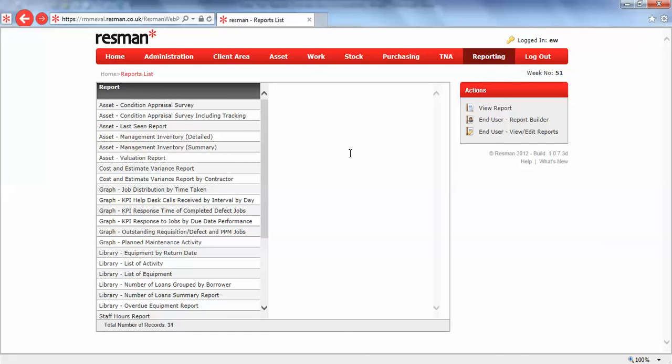So that completes the overview of the most common method of running standard reports. But for convenience reasons, other reports are available throughout the system, and we'll just have a quick look at those now. If I go to the work section,